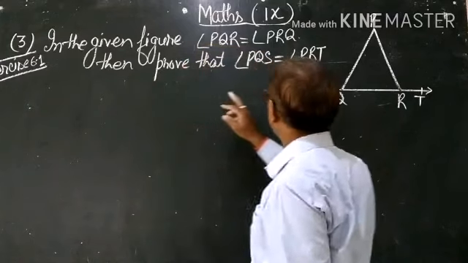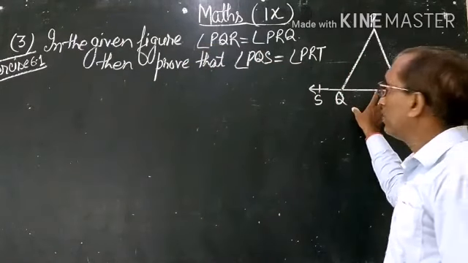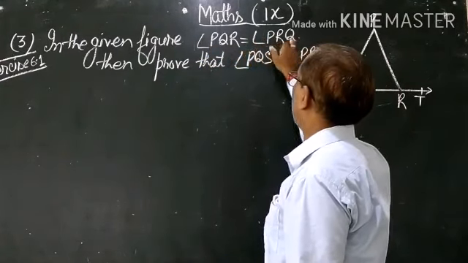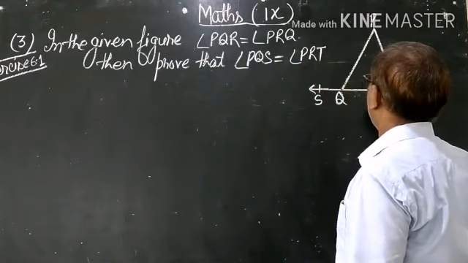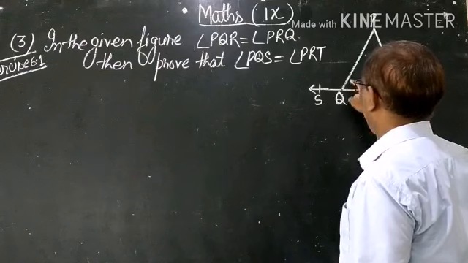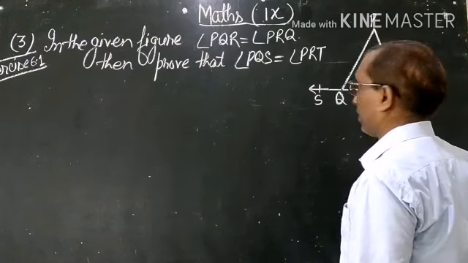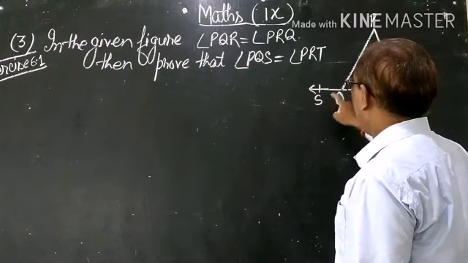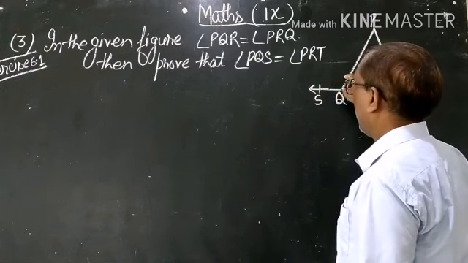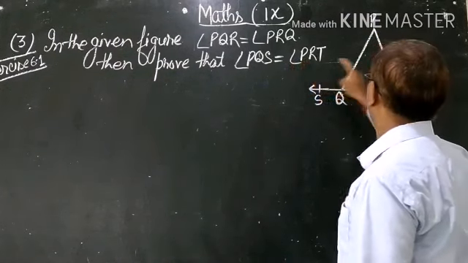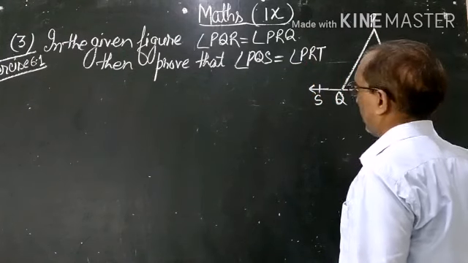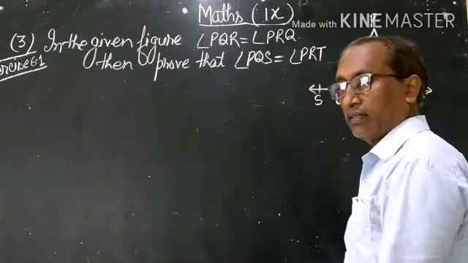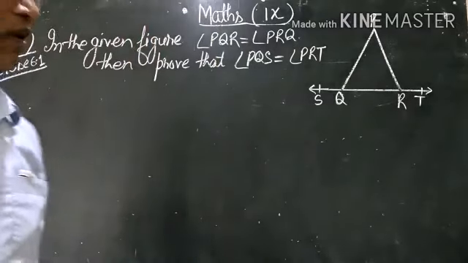Here, in the given figure, angle PQR is equal to angle PRQ. Angle PQR is equal to angle PRQ, means this angle is equal to this angle. This is given. Then you prove angle PQS, this angle, is equal to angle PRT, means this angle. You prove this angle is equal to this angle. For this, first of all, you write